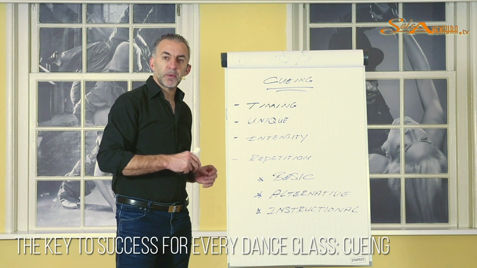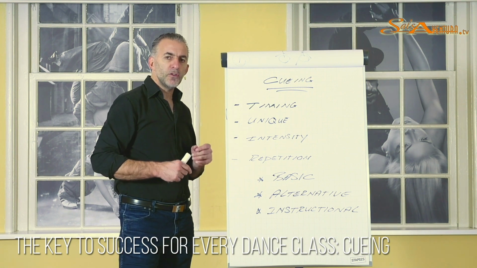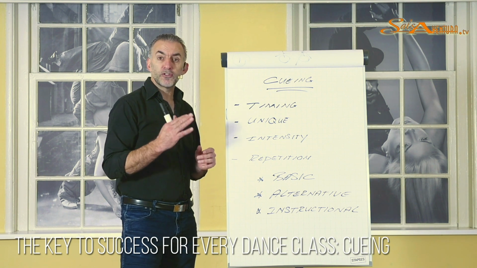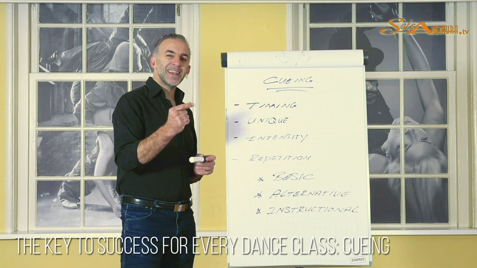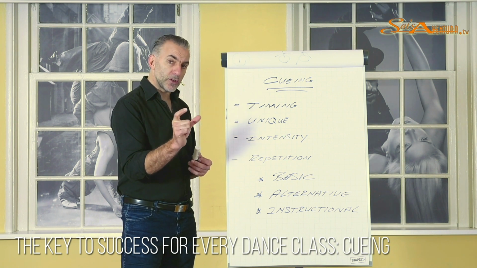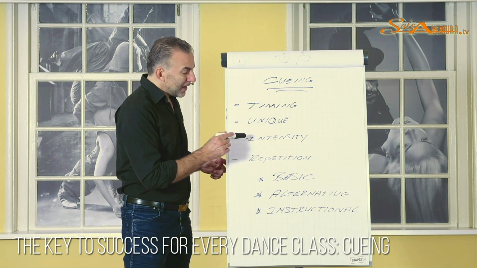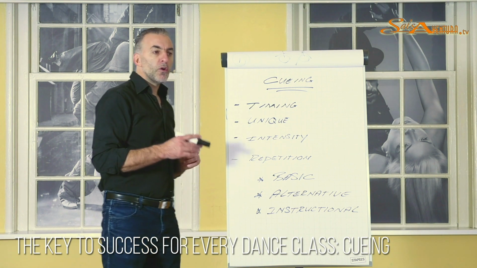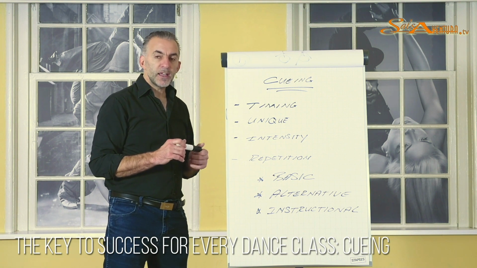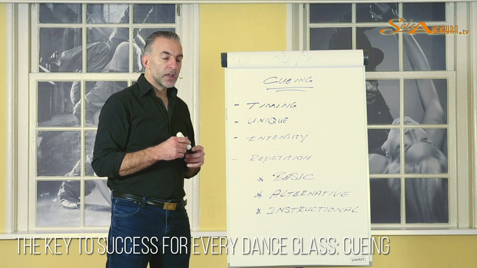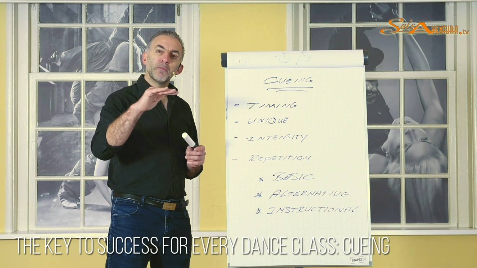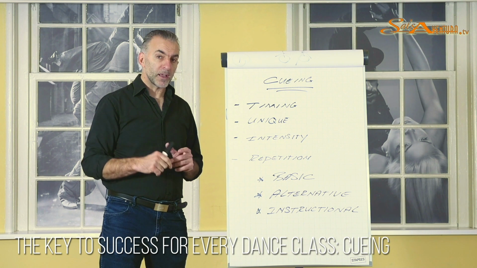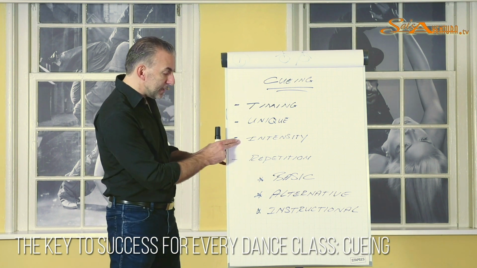So if I'm doing a basic step, okay guys, basic step, 1, 2, basic step, 5, 6, 7, and 1, 2, and 3, Succes, 6, 7, that intensity of that word, Succes, or those 2 words, is different than just counting the basic. Because if I would go 1, 2, 3, 5, 6, 7, 1, 2, 3, Succes, it becomes very monotonous, there is no intensity, and then it will become harder for you to follow my instructions. Are you getting that? So that's the intensity.